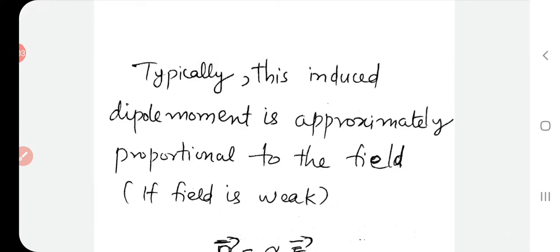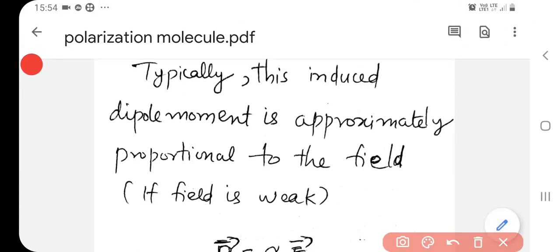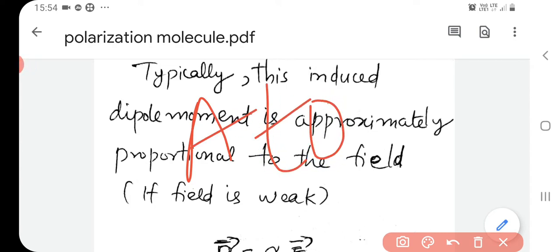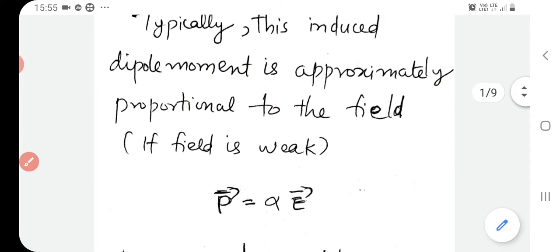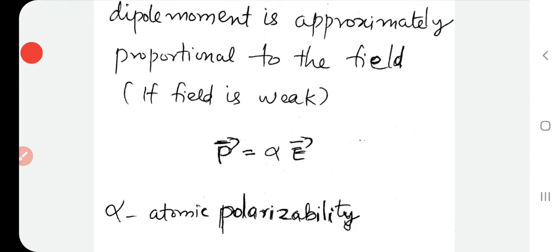Today we discuss the induced dipole moment in a molecule. We have seen the induced dipole moment in an atom, the dipole moment developed in an atom when it is placed in an electric field. That was discussed in the last class. And for such an atom, we have seen the dipole moment induced,